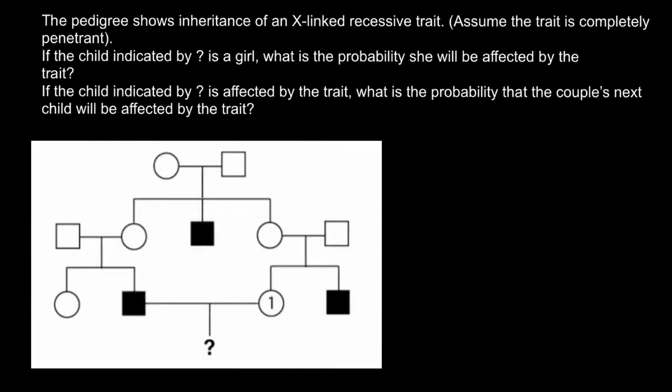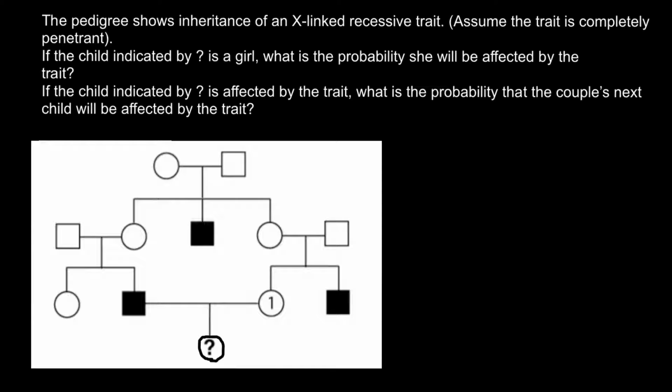By the way, I recommend you pause the video here and try to solve this problem on your own first. When you are ready, you can run the video again and compare your answers with my answers and explanations. First of all, let's put a circle here indicating that we are going to find the probability for the child